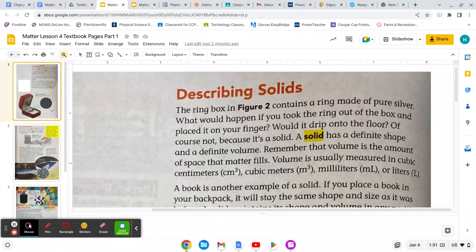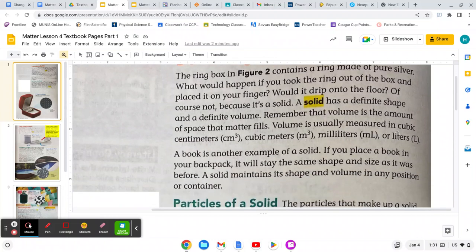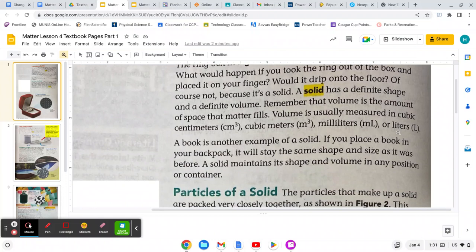And it's very important that you remember that the units that volume is measured in are either centimeters cubed or cubic centimeters, cubic meters, or millimeters or liters, because those are the metric units. A solid will maintain its shape and volume in any position or container. So if you have a wooden solid block and you put it in a round bowl, it's not going to